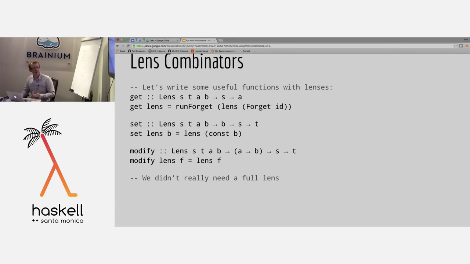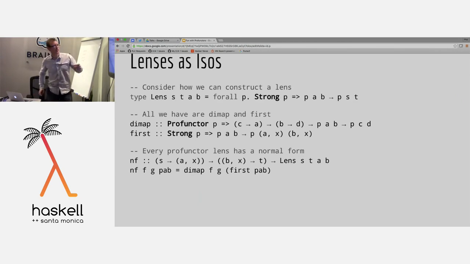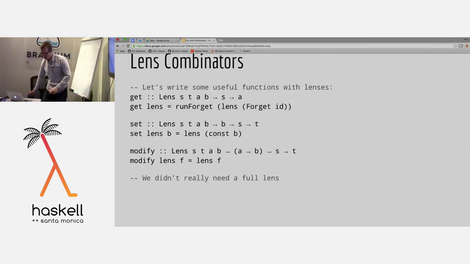Okay. So if we go back a second here, right? So now if we just pick P to be the function arrow, so this will be A to B, this will be S to T. That's exactly the type of modify, right? So that one's much easier actually. So in order to implement modify, we just apply the lens to the function you want to apply